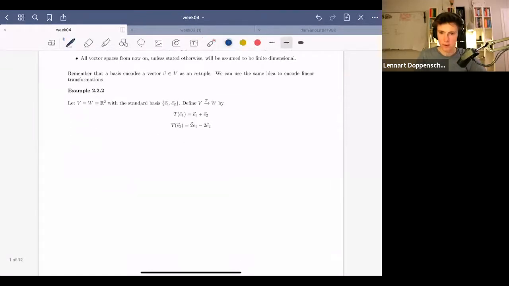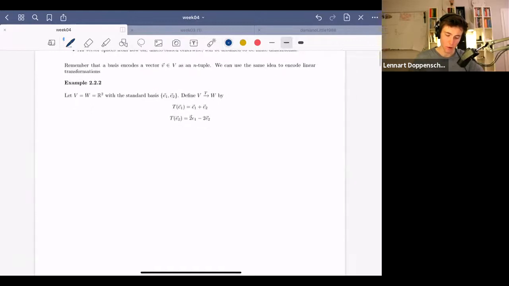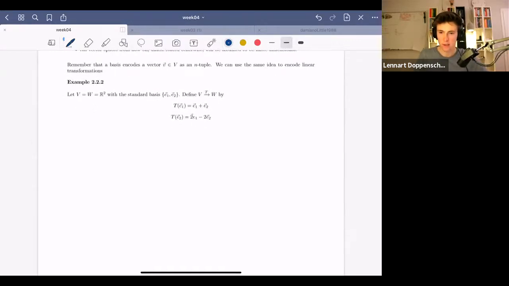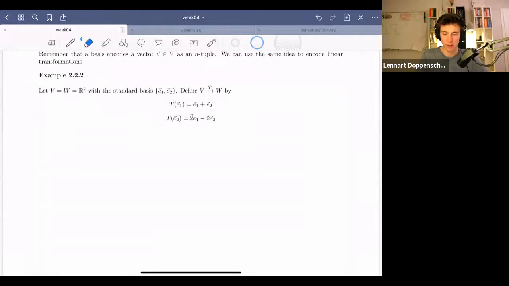And let us start with an example so that you can observe a pattern in this before we actually go to the rigorous setting. And then you can always think back to this example. I think that's helpful. So we just finished the week 3 content with observing that it is enough to know a transformation on the basis elements. Well, now suppose that I tell you for this case of R2 that T sends E1 to the sum of E1 and E2, and it sends E2 to 2 times E1 minus 2 times E2.